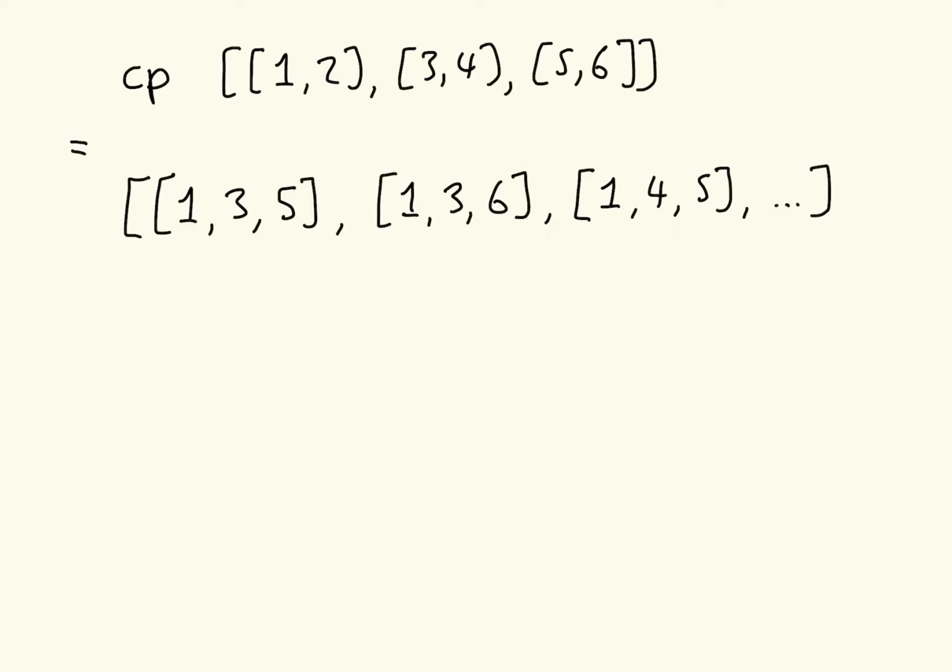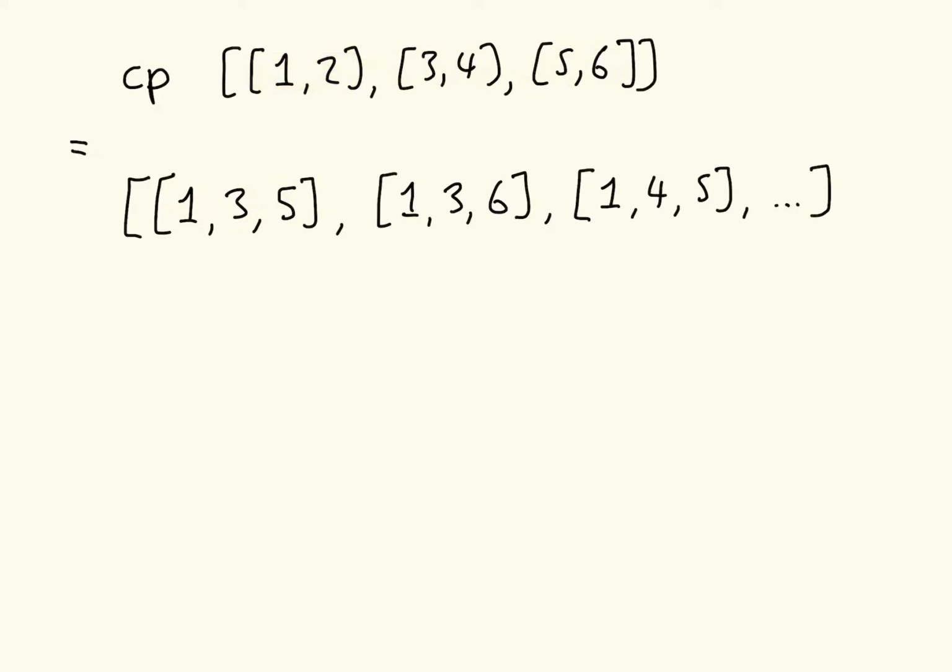So what this function is doing is taking a list of lists, in this case 1, 2, 3, 4, 5, 6, and choosing all possible ways of choosing one value from each list. So I could choose a 1, a 3, and a 5, a 1, a 3, and a 6, and so on and so on. And I've called this function CP because it's essentially computing the Cartesian product of a list